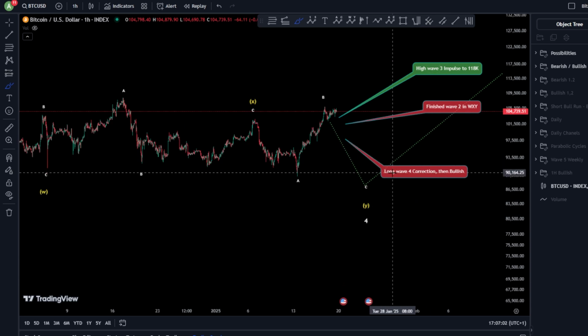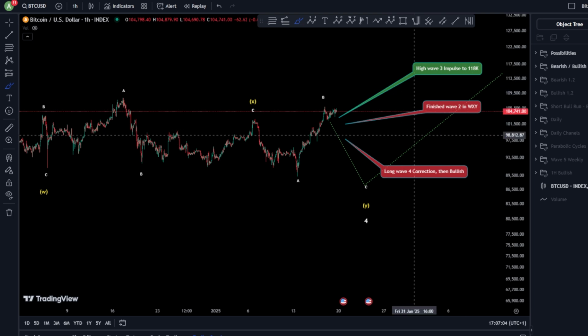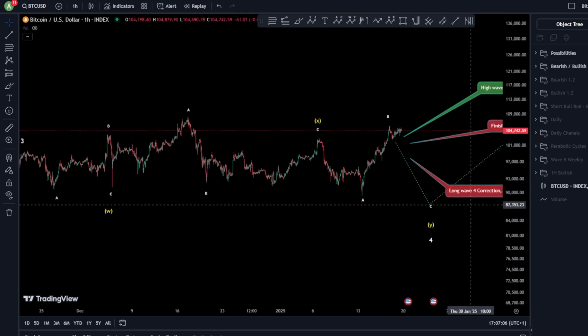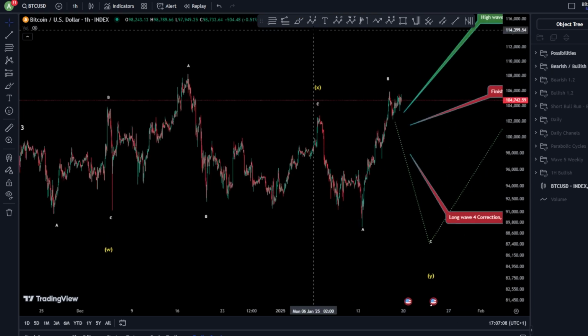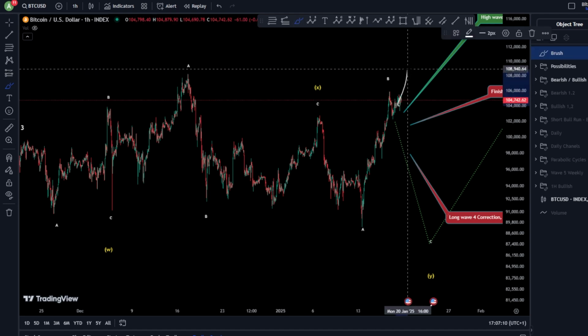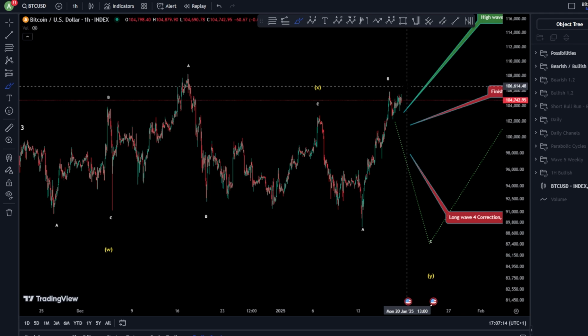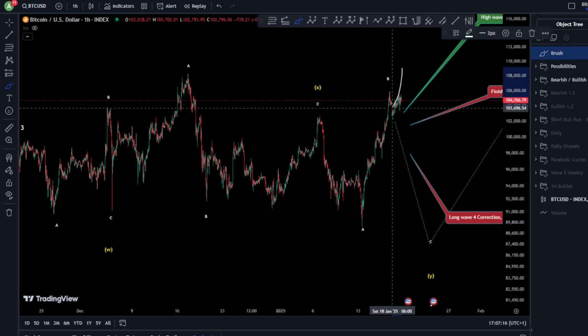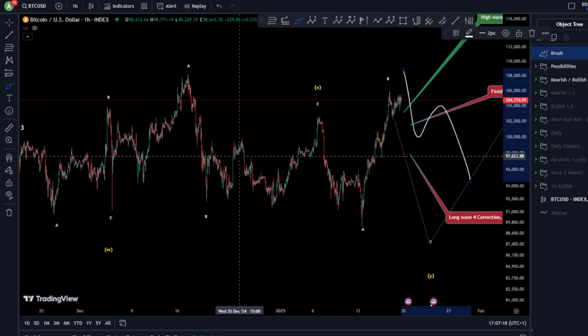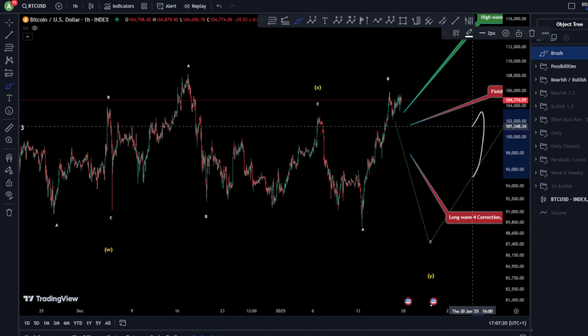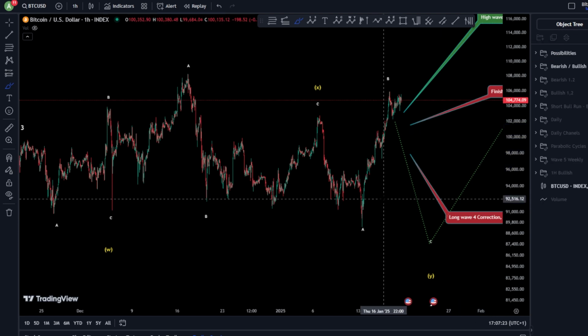Now, which one is the highest between bullish and bearish? Of course, I'm still looking for an all-time high. I'm still looking for one more wave toward the upside, shorter than your wave 5, between 108 and 111K, finishing this wave 5, coming to a bearish scenario, ABC, and continuation again toward the upside. This is the most perfect scenario, I would say, for Bitcoin to happen right now.